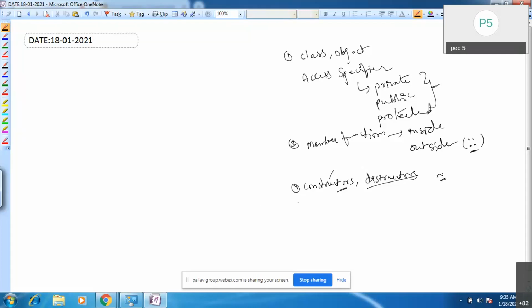Then after that, I think friend function, constant members, meaning constant data members and constant member function we have seen, and static. Additionally we'll use friend keyword, constant keyword and static keyword. For data members we use this const keyword, and for member functions also we have used. In the same way, static also, static data member and static member function. Then this keyword.